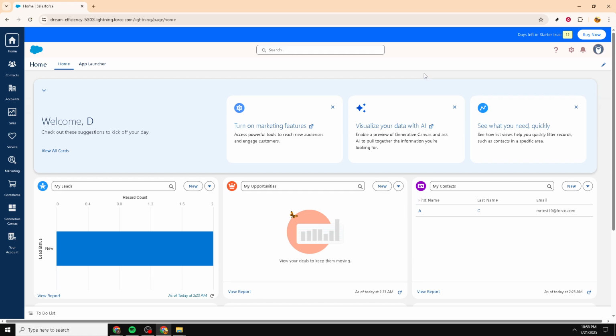First, open your preferred web browser and navigate to the Salesforce homepage. This will take you to the main dashboard where you can manage various aspects of your Salesforce account. The homepage is your starting point for accessing the tools and features you need to maintain your contacts and other